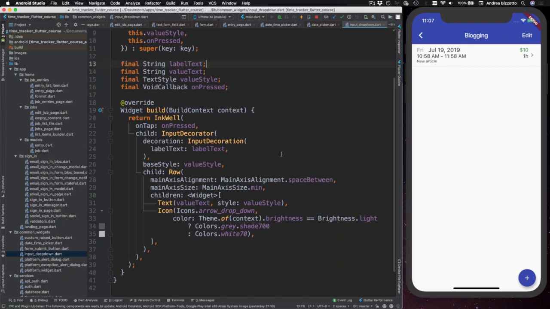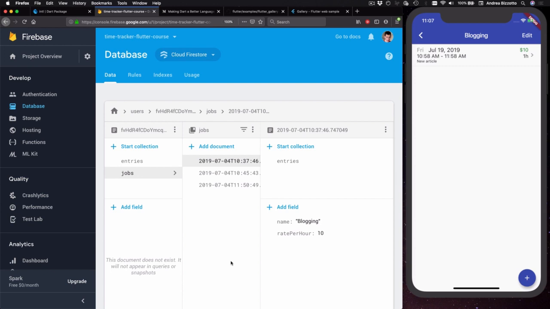In the previous videos, we have finished reviewing all the features that we have added to our time tracking app. And before we move on to the next topic, I want to point out that the new code has a little bug that I left intentionally. And to show you what I mean, I want to open the Firestore console and move over to this job,